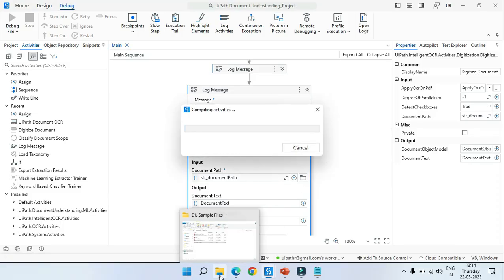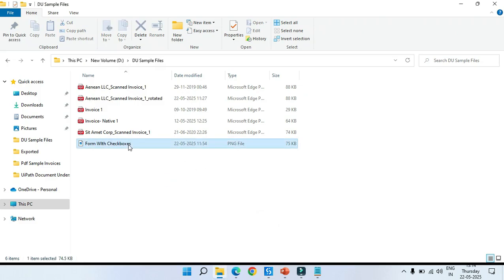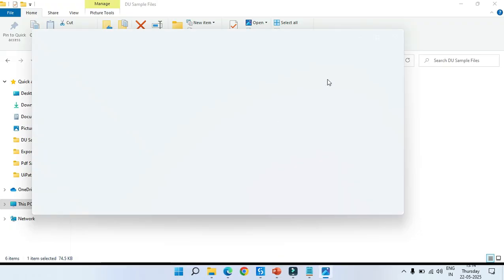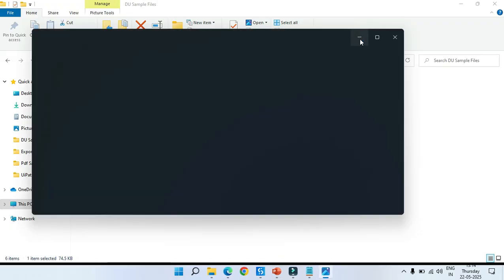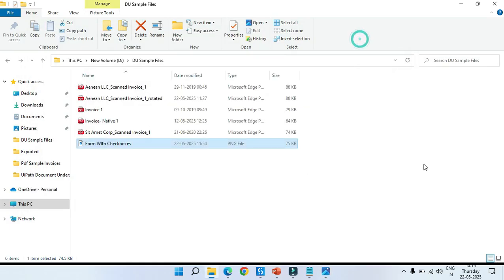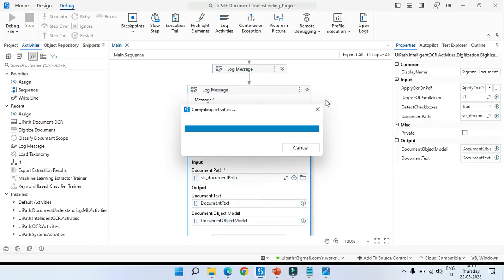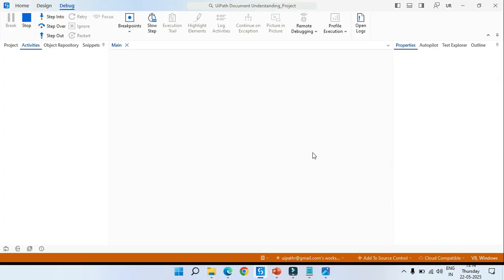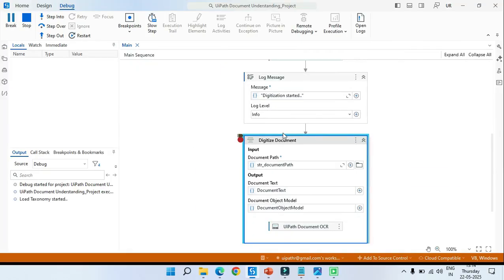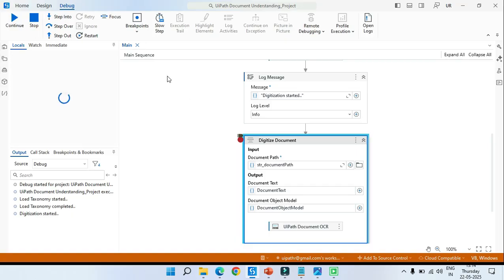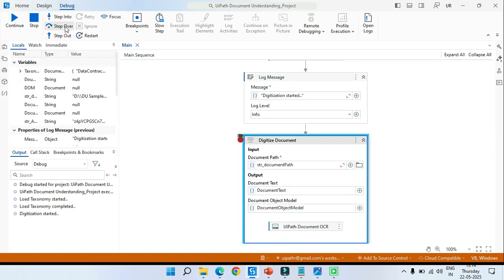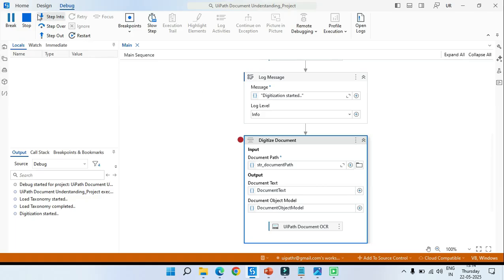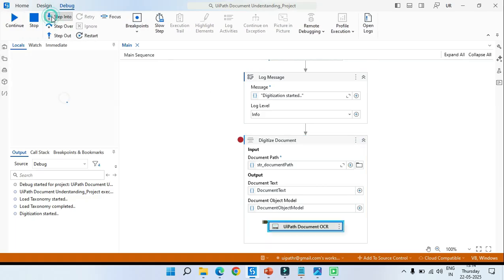So what we are going to do this time, we are going to see whether the bot is able to detect the checkbox from this document or not. And now we'll also see what is the output of document object model. And after that, we'll also see one example for rotated documents. So again, OCR is required here because this is an image.